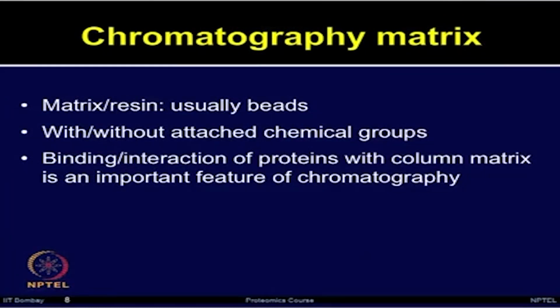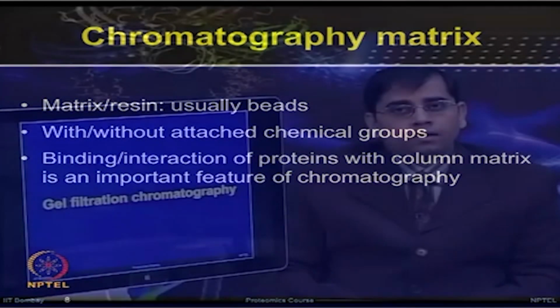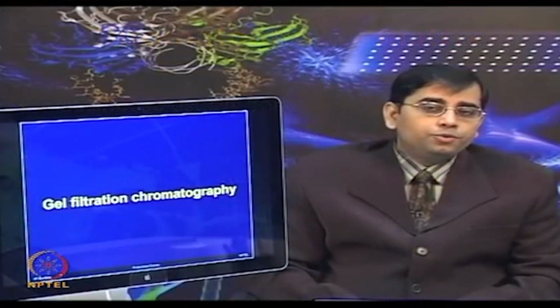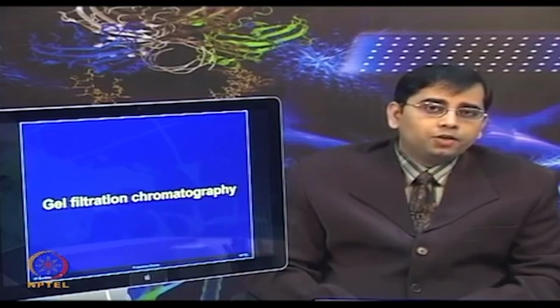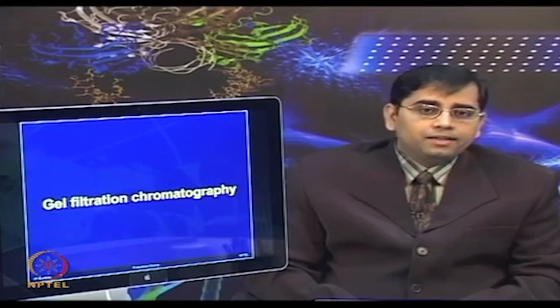So, as we just discussed, chromatography involves the selection of the right matrix. These matrices are very important for binding and interaction of proteins, and they can determine the kind of achievement which we want to achieve from these types of chromatographic methods. So, let us move on to more specific chromatography techniques such as